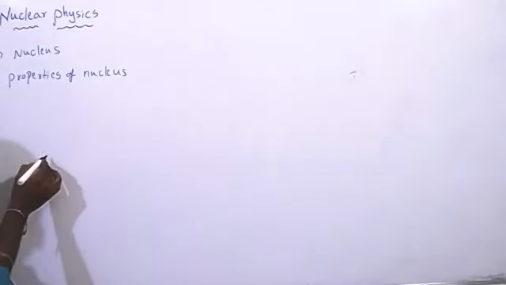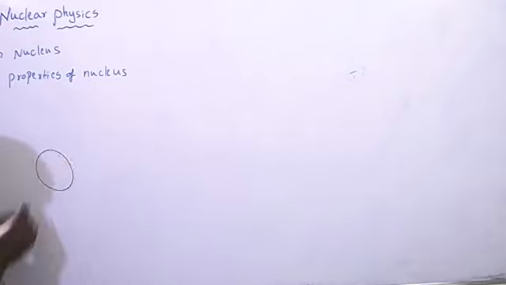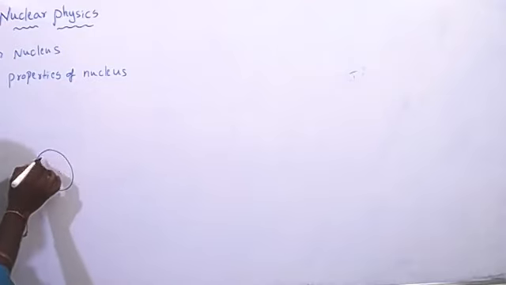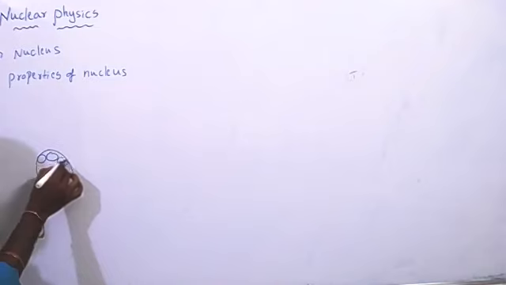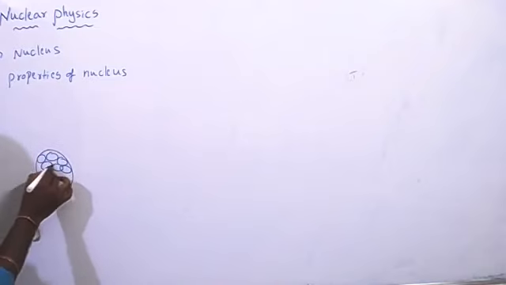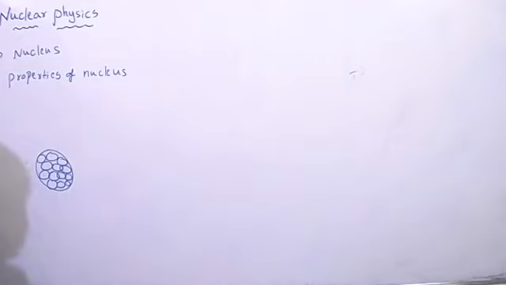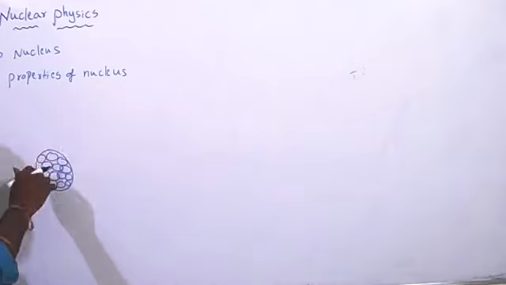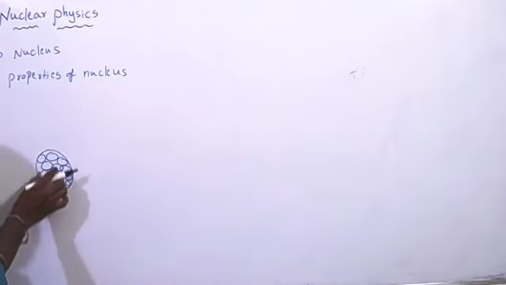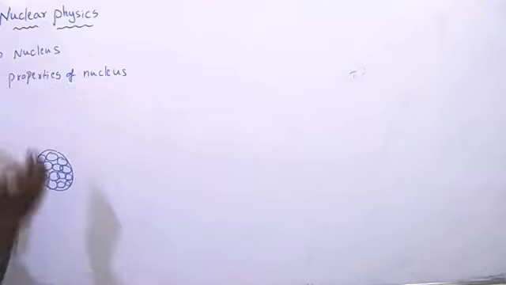Spin of the nucleus is nothing but, suppose you take an atom, you take the nucleus, and in that nucleus, nucleons will be there. Those nucleons have their own intrinsic spin. They will rotate. They have angular momentum and even linear momentum. So they have their own spin. Thus the spin of these nucleons we will consider as the spin of the nucleus.